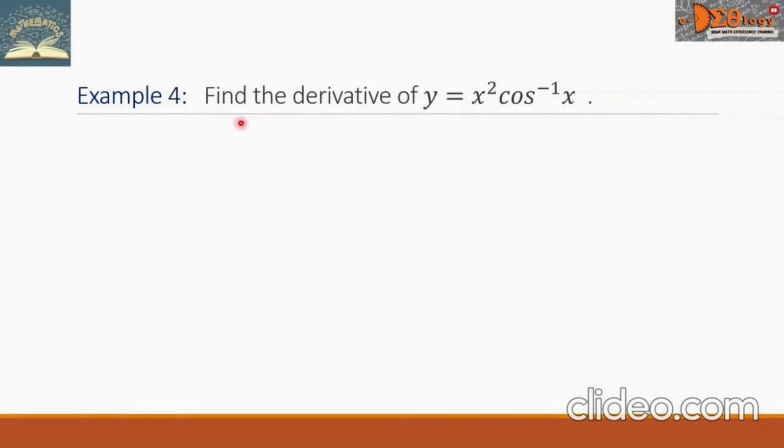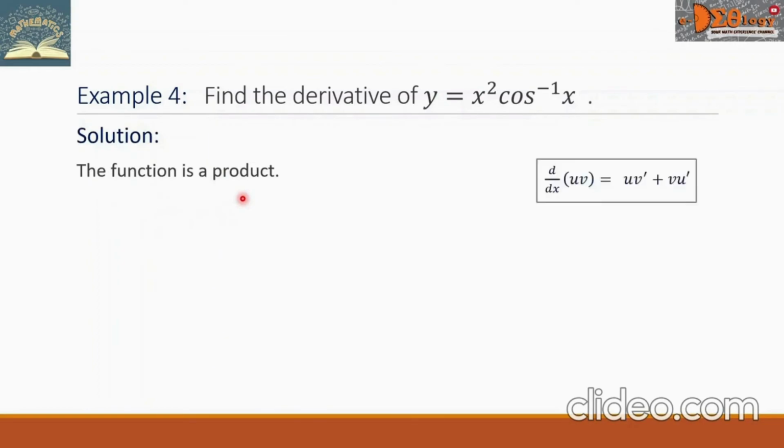Example 4. Find the derivative of y equals x squared cosine inverse x. Note that the function is a product, so we will use the product rule. We assign the x squared to be the u and the v is the cosine inverse x. Now the derivative, that will be, we copy the u, that is the x squared, times derivative of the cosine